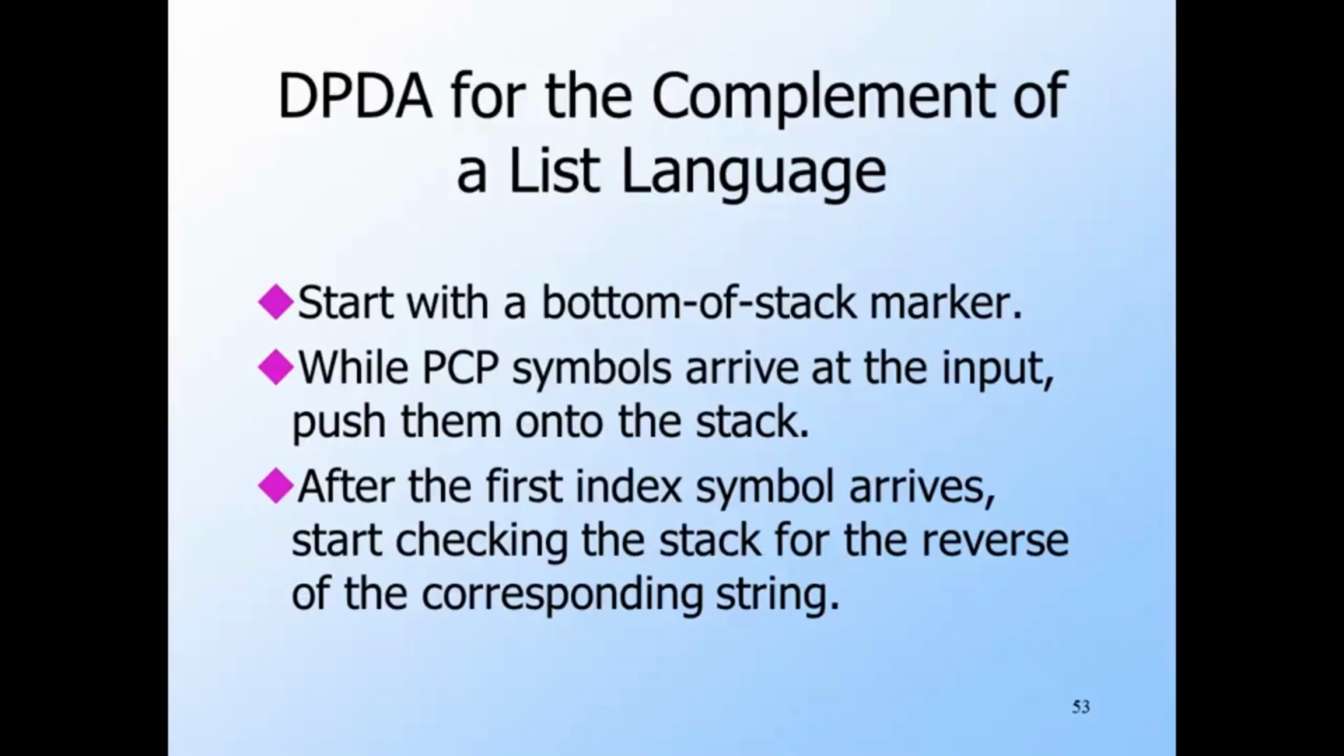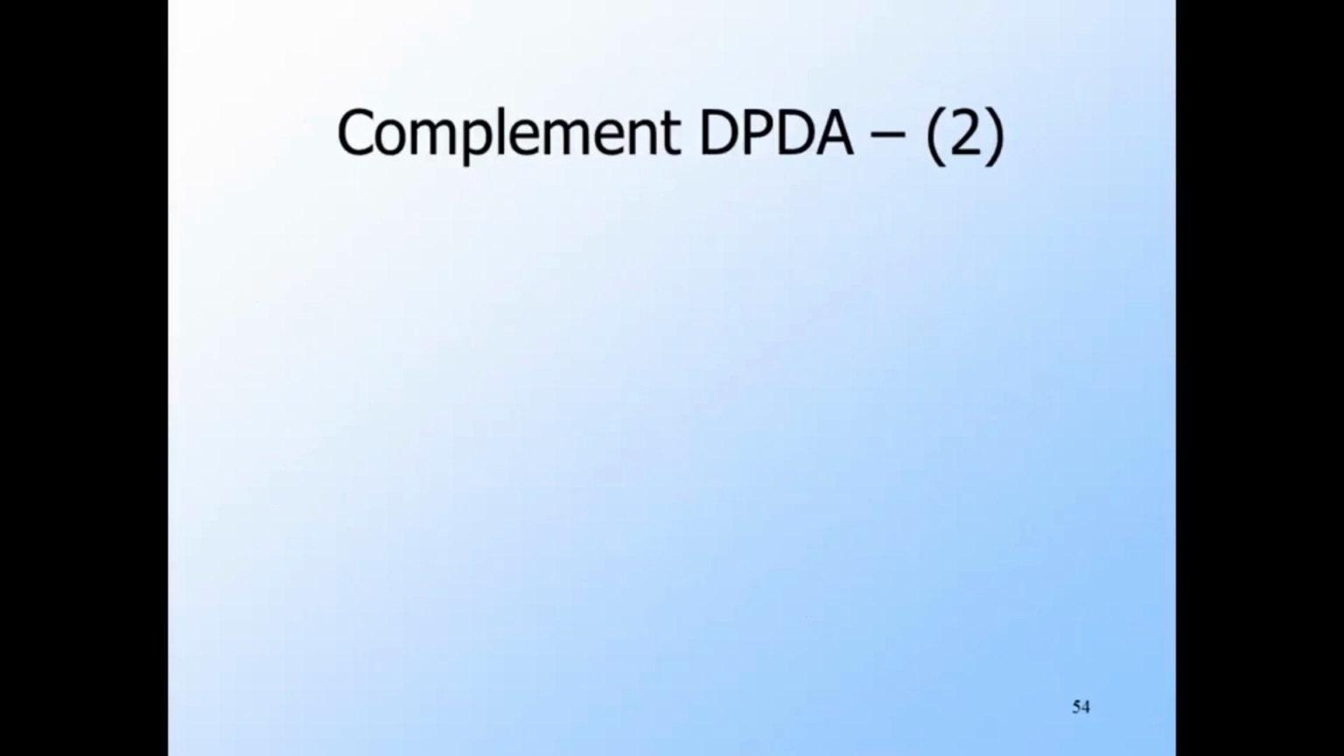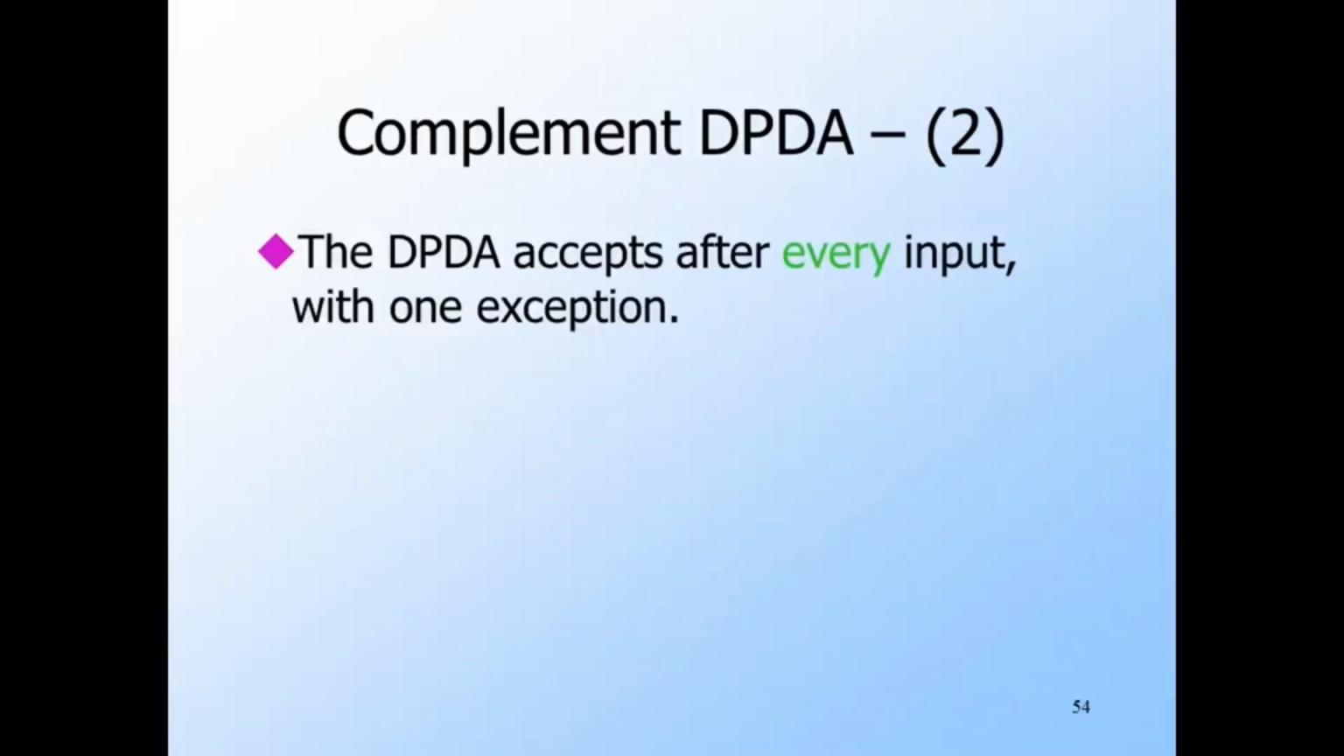If it is for the second components, we'll check that XI appears on the top of the stack, again with the right end at the top. What we seem to be doing is accepting the list language itself rather than the complement, but I didn't tell you when the PDA accepts. In fact, it accepts every input, with only the exception of when it has found a string in the list